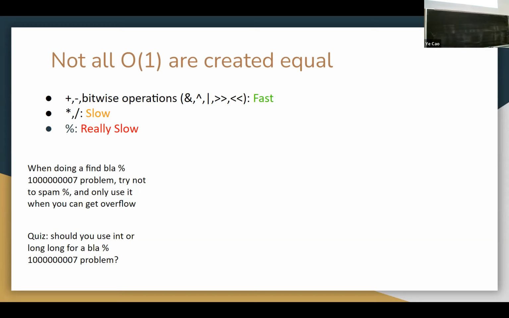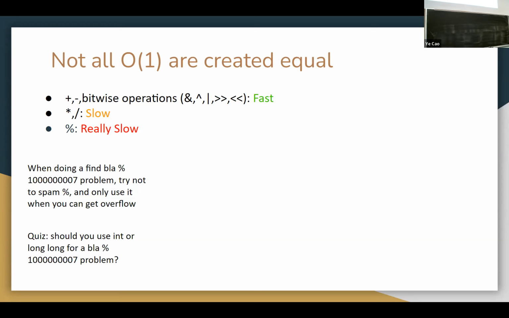Why? Okay, what's the largest number int can hold? 2 times 10 to the 9. And 10 to the 9 plus 7 is less than that. Why do we still want to use long long? Oh yeah, I thought this was bigger than that. I counted the zeros wrong. Oh yeah, there are 9 zeros. Oh sorry, 8 zeros and a 7. But do you want to change your answer? Yeah, I think int would work. You should still use long long.